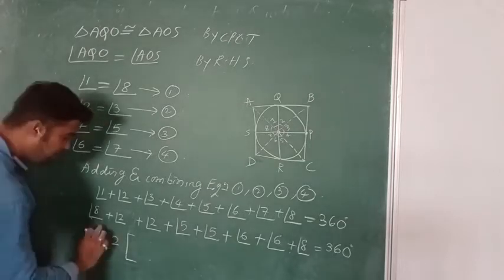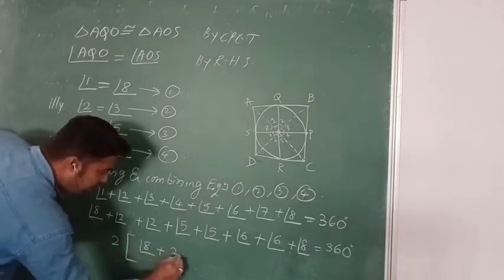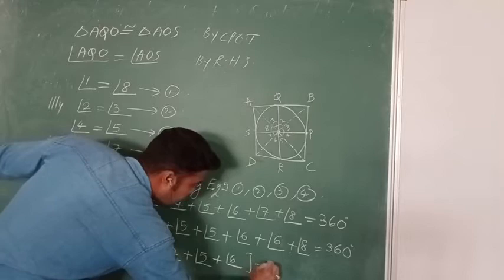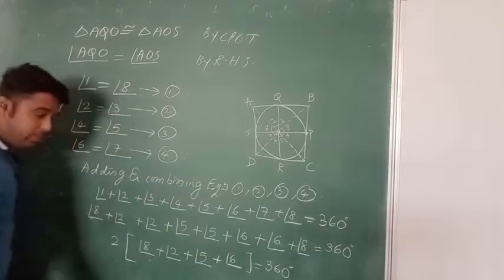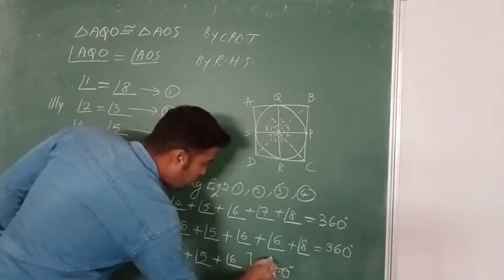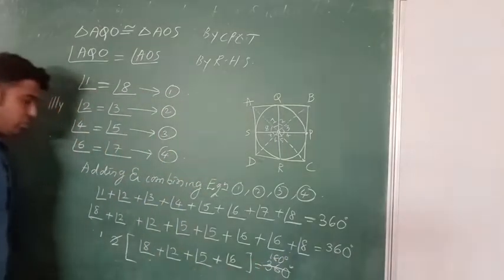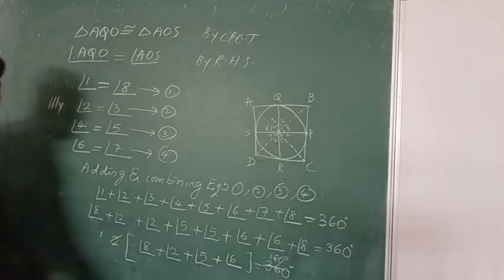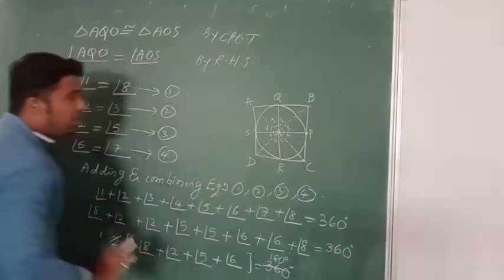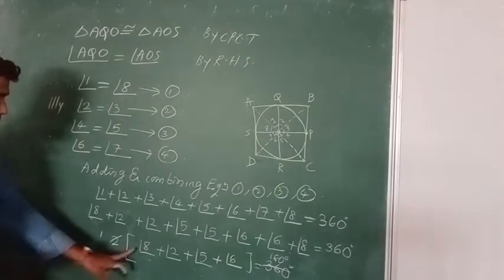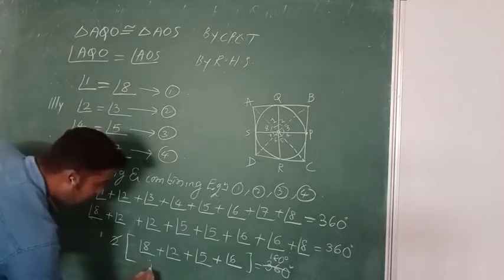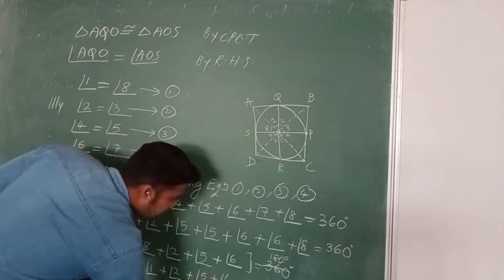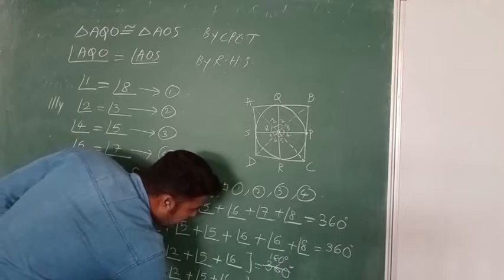So what can I write here? Angle 8 plus angle 2 plus angle 5 plus angle 6, which is equal to 360 degrees. Now I am going to cancel 2 on both sides, 2 and 180. So now there are two angles, angle 2 and angle 8, and angle 5 and angle 6. Angle 5 and 6 we will get as COD, but angle 1 we want. So here angle 8 at last I can replace as angle 1 plus angle 2 plus angle 5 plus angle 6, which is equal to 180 degrees.